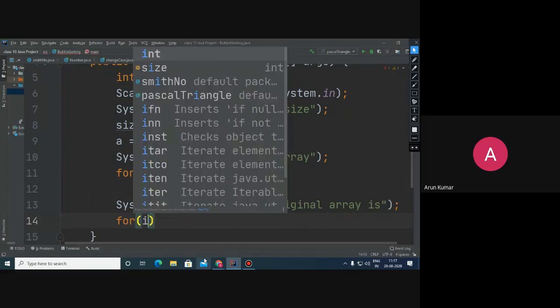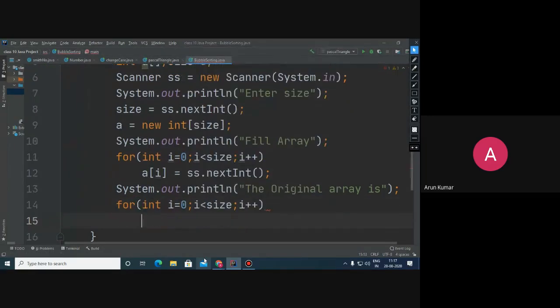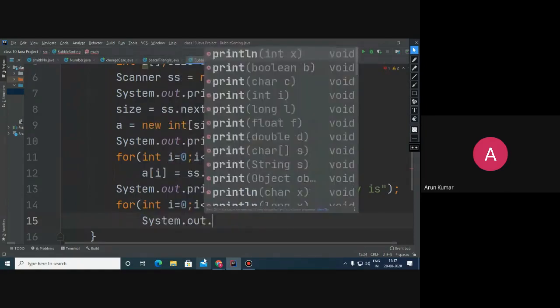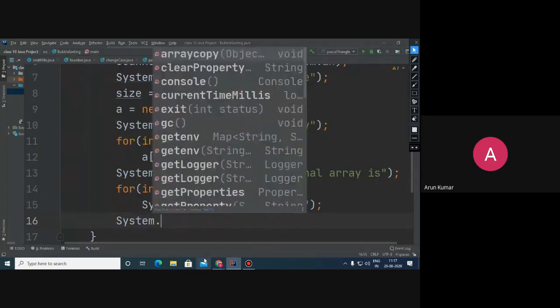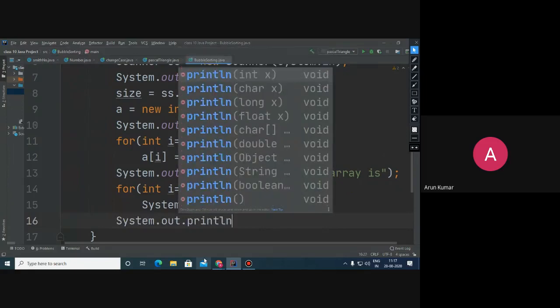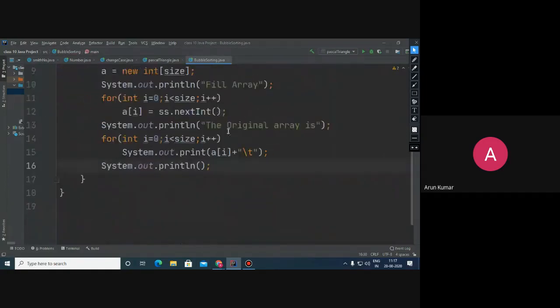So the original array is this. Children, this is how we have printed the original array.